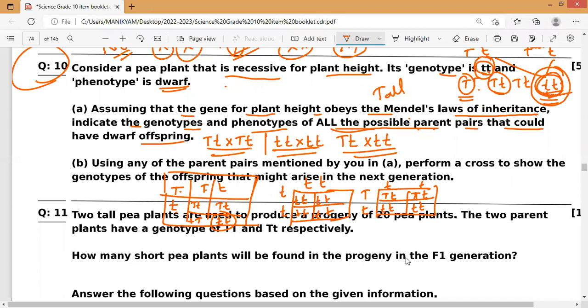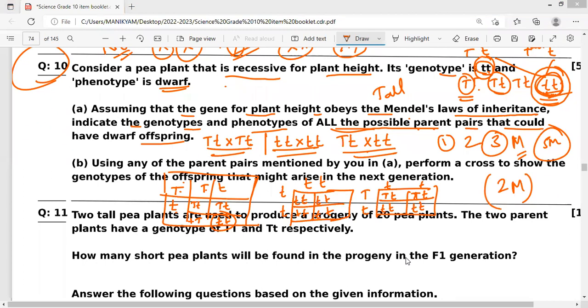If you write only one, you will get 2 marks. If you write only 3, only 3 marks will come. And if you explain just any one, how many marks will come? 2 marks will come. So 2 plus 3, totally how many marks? It is a 5 mark question. So how simple it is. Easily you can get 5 out of 5.